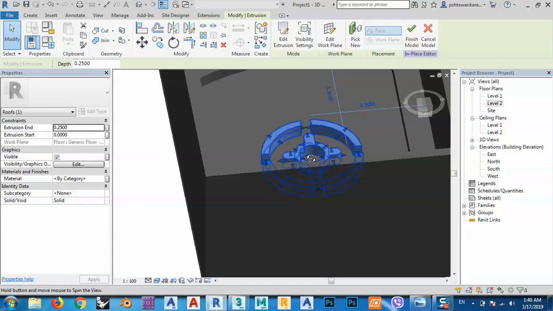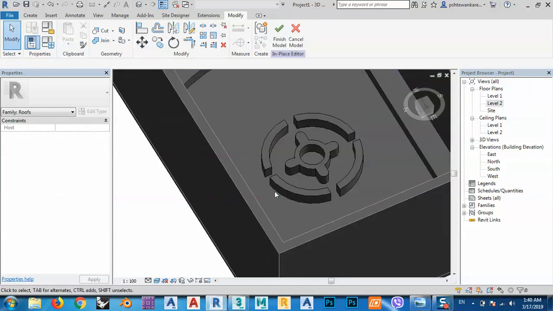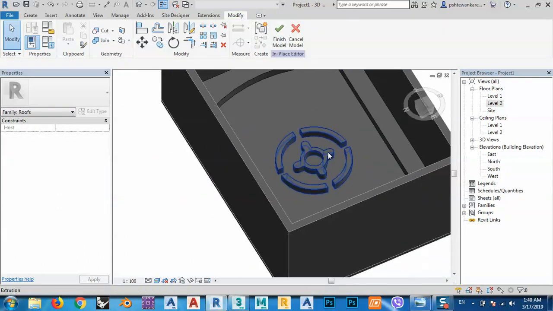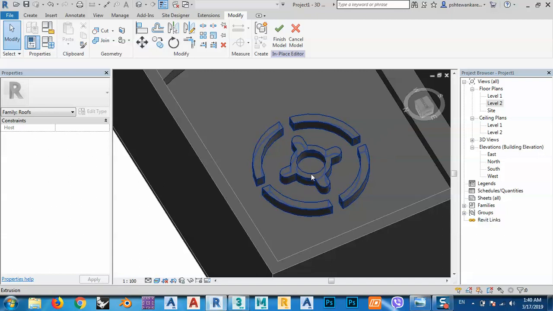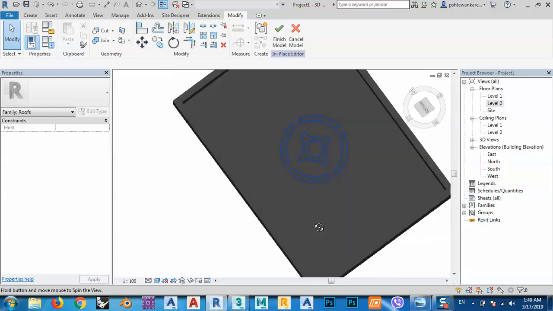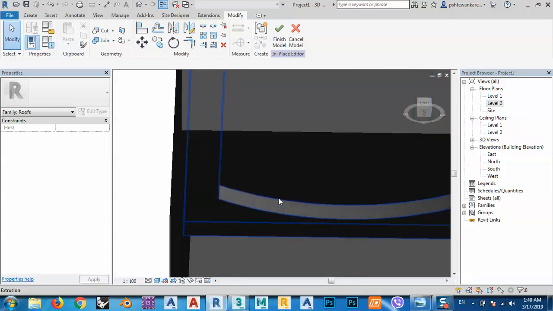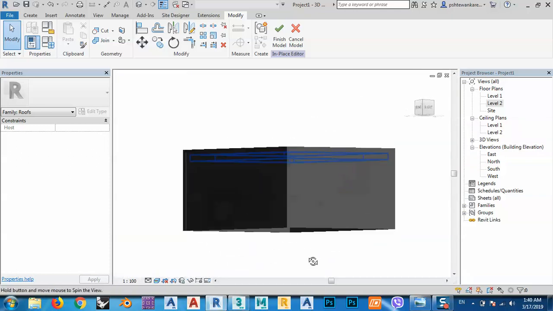As you see, it's like this. You can change the extension for something about 0.2. I think it's okay. You can change this one if you want. We can, after that, give it different colors. As you see, now here we have some